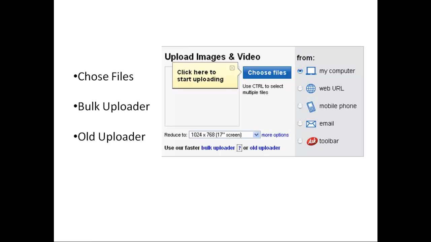Okay, as of today, Photobucket gives us 3 choices with how to upload our photos. The fast one-by-one upload, just click Choose File. Very simple. The bulk uploader is a bit like Facebook. If you're familiar with it, then you may like that style. For me,